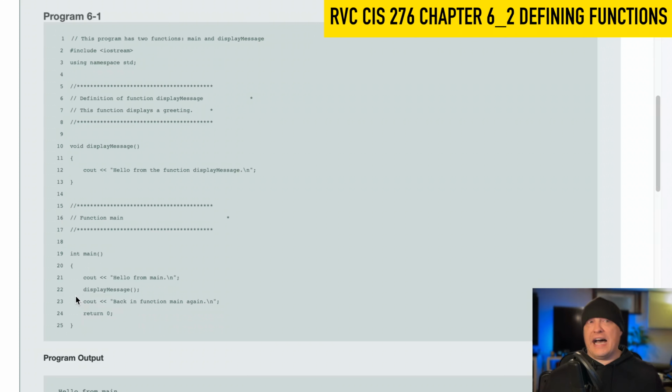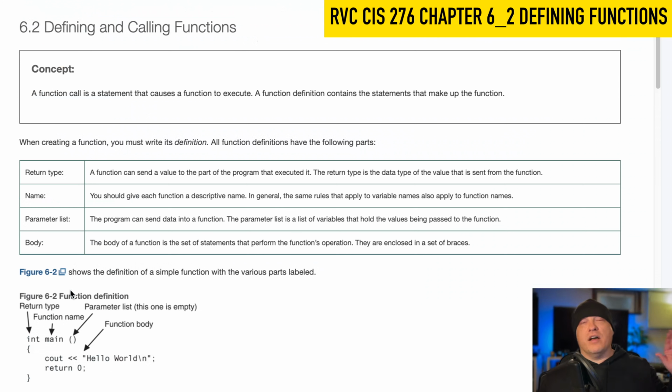So we have seen a lot here just on pages 306 through 308. The things to remember here before we can continue to 6.3. Number one, a function has a return type, so int or float or double or char or string or bool or void, a void which returns nothing. It has a name, display message in this case. It has a parameter list. The things inside of those parens that the function is going to take from another location. This function does not have anything in the parameter list, which is fine, in which case we just have empty parentheses. And finally, it has a body, the work that it does inside of the opening and closing curly brace. That was a lot of stuff for 6.2. There's more,